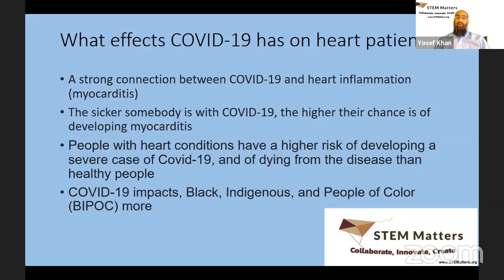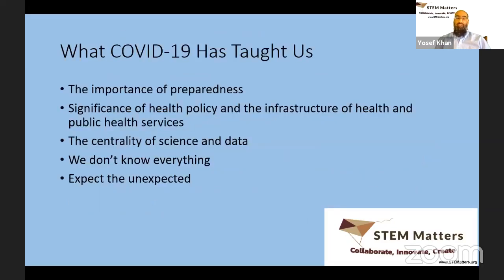And so really the jury is still out in terms of what effects COVID-19 has had on heart patients. There's a lot of research that is continuing to go on. Within the Heart Association, we have set up several disease-based registries, including one for COVID-19. There are many other disease registries and databases that are collecting data from a wide variety of sources. All of that data is being pulled together and being analyzed on a continuous basis.